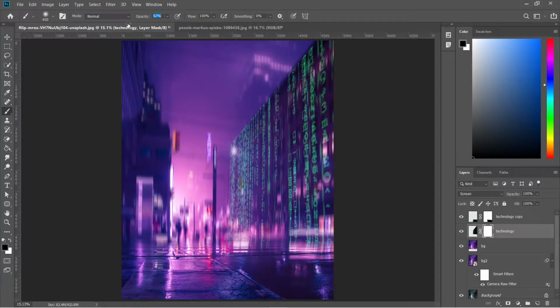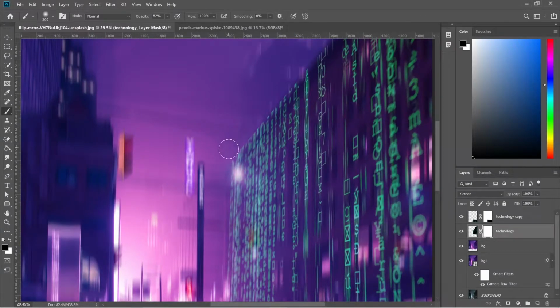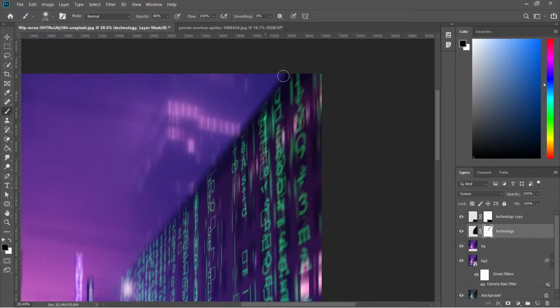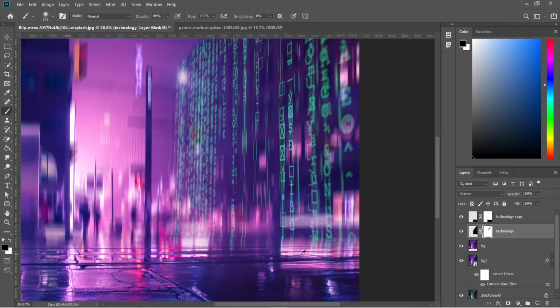Also decrease the opacity around 50%. Let's increase to 60. Also the below end.